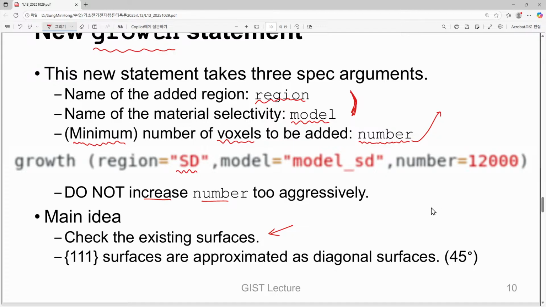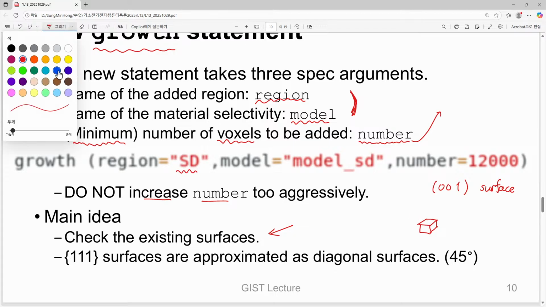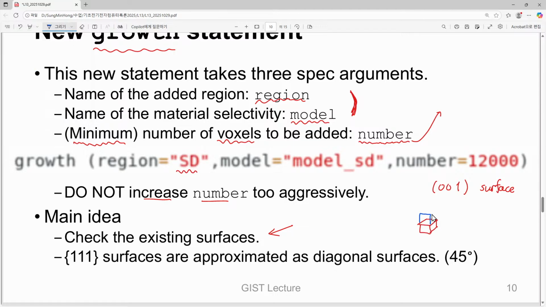For example, along the 001 direction, or the growth of the 001 surface, it is considered this way. Okay, previously when we had just the isotropic deposit, then if this is the front of our material, we just add one more voxel on top of it. Yes, that was the previous behavior of our